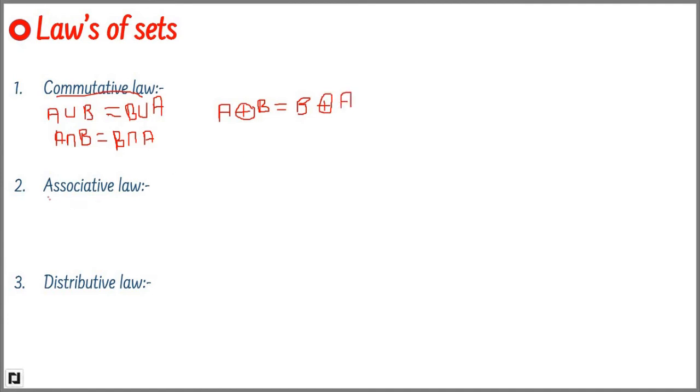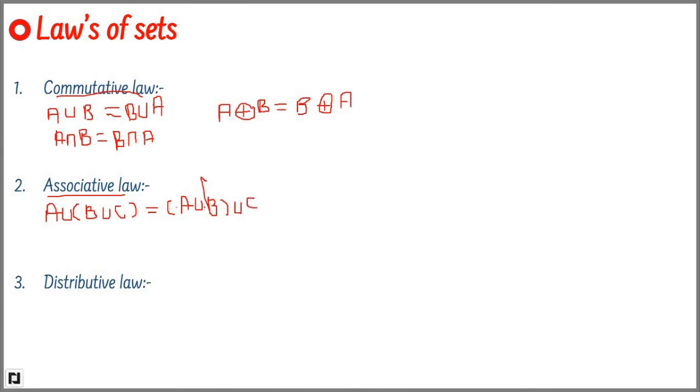The next law is associative law. In associative law we have 2 formulas, which are A union (B union C) equal to (A union B)